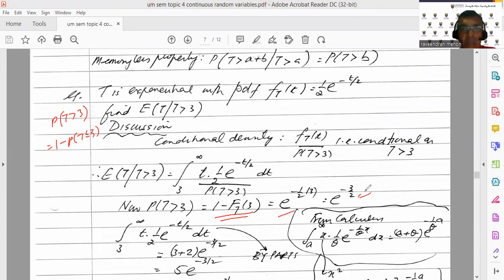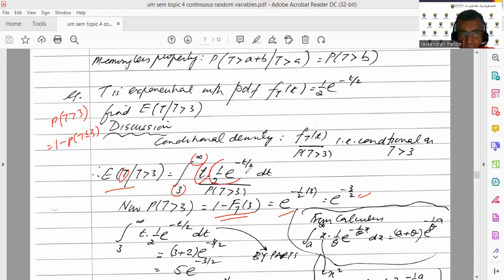Done. What's left? We need the expected value of T, given that T is bigger than 3. So we need a numerator, right? Remember, I told you when you have a conditional expectation, you will have an expectation over a probability. What's the expectation? Good. This is just T though. So it's t f(t). What are the limits? Going from 3 to what? Infinity. There you go. 3 to infinity. And you have your